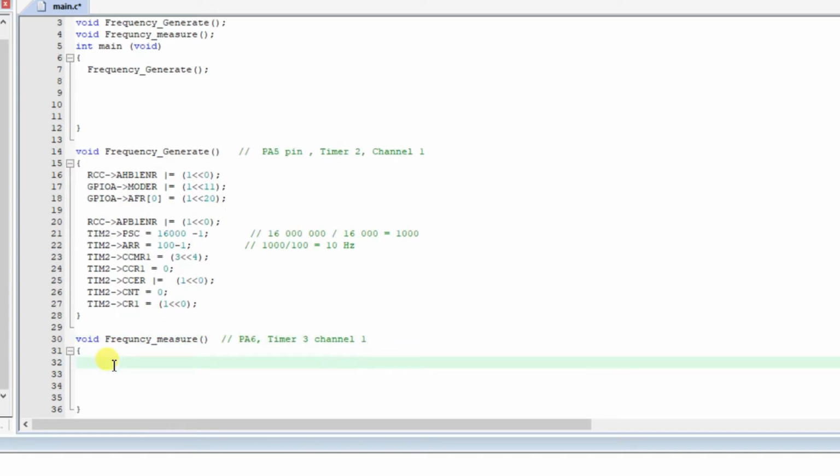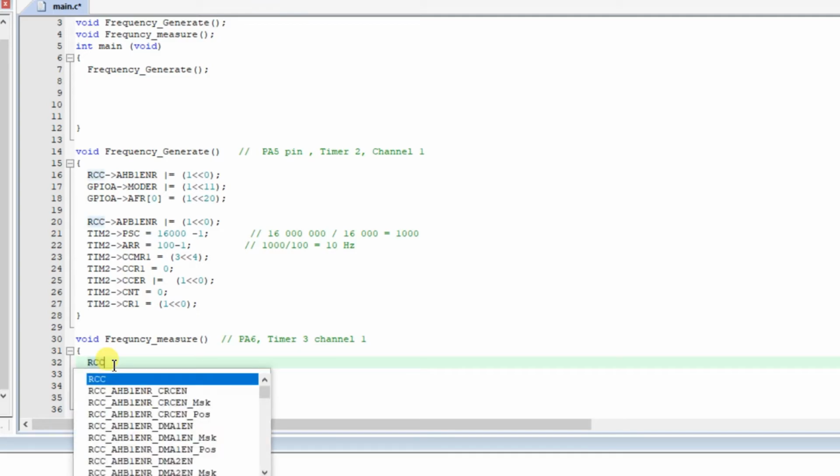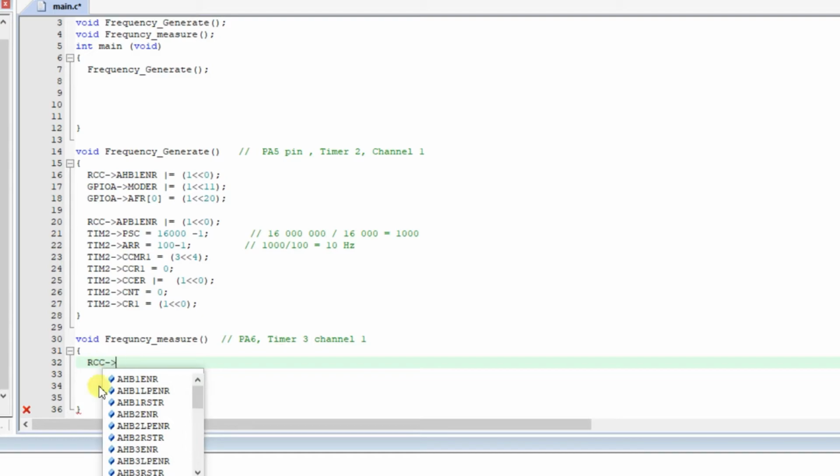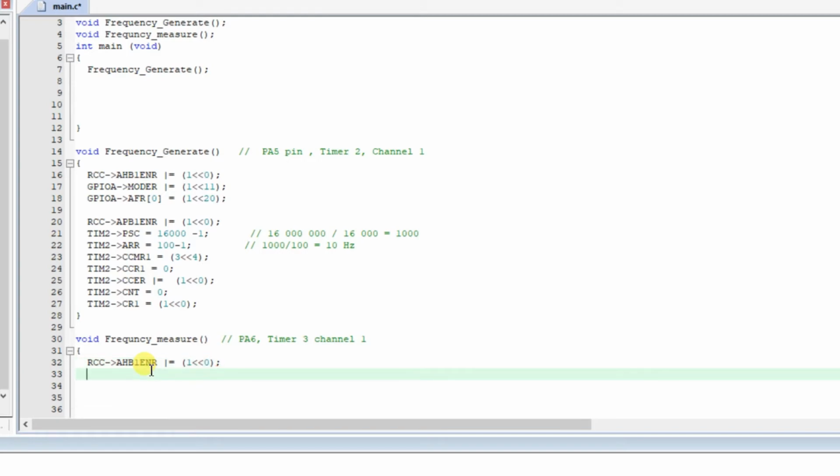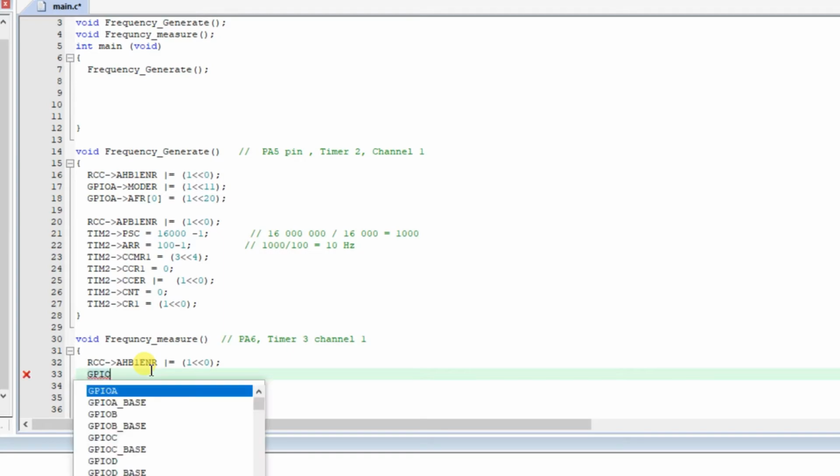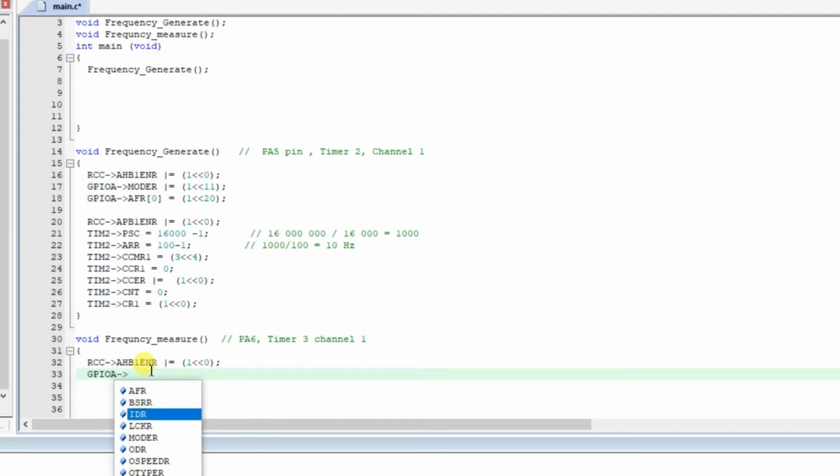So we have to enable the clock source for port A, RCC AHB1 ENR register, 1 left shifted by 0, right? And GPIOA mode register, MODER. We will use here the alternate function.